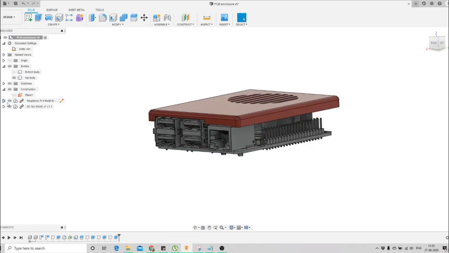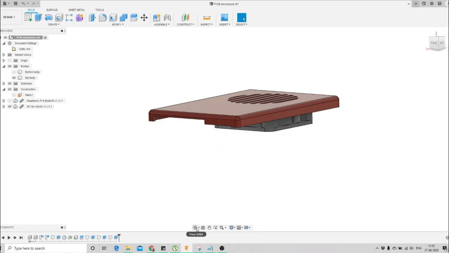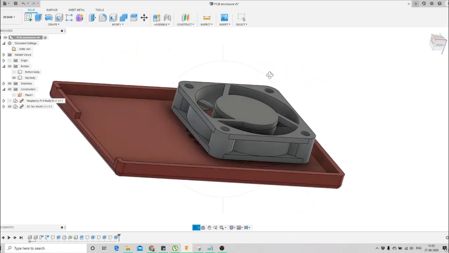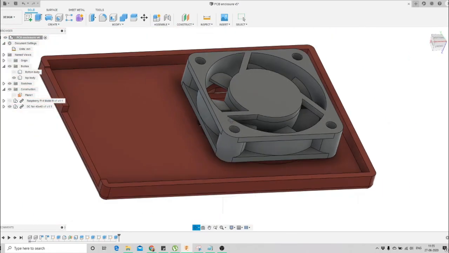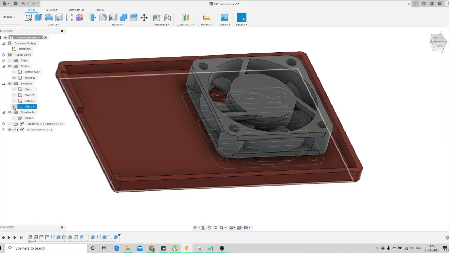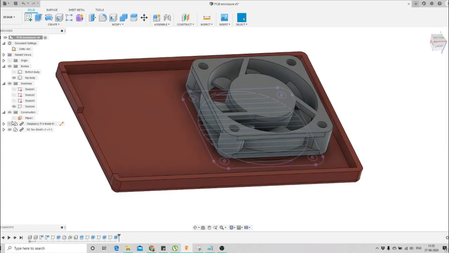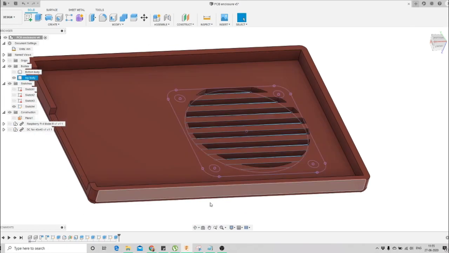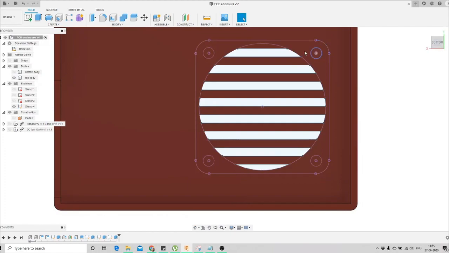We turn off the bottom body, turn off the Raspberry Pi, and we'll create a mounting for our fan first. To do so, we'll go to the sketch option and turn on our sketch. We'll turn off this PC fan. Here you can see we had already created the 4 mounting points for our fan.